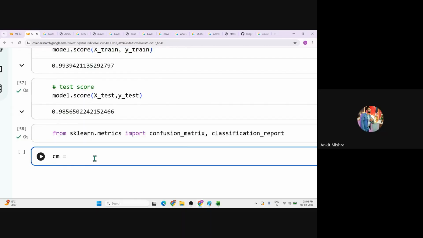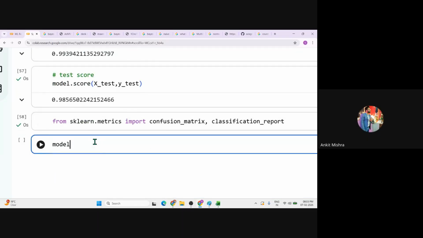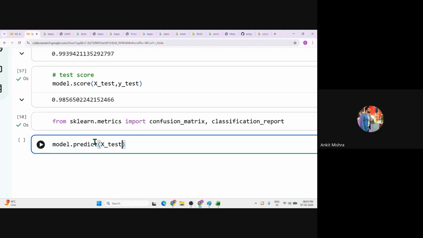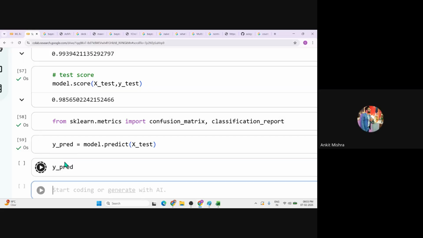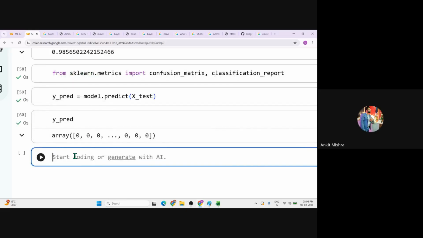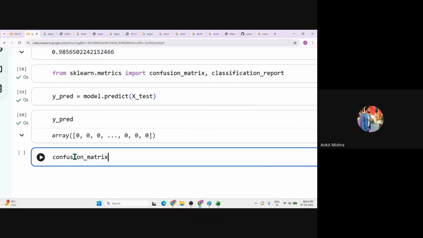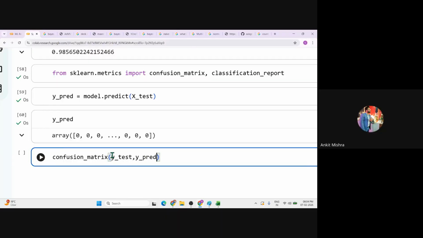And you know that before computing the confusion matrix, you have to predict the Y value, right? So let's predict the Y_pred, and you have to give the X_test, right? Inside the X_test, it will give you the Y predicted value. Let's insert this inside Y_pred, and you know that Y_pred is nothing but a 0110 series. Now let's check the confusion matrix, which will give you the overall true positive, true negative, false positive, and false negative. The first thing you pass is the Y_test, and the second is the Y_pred.